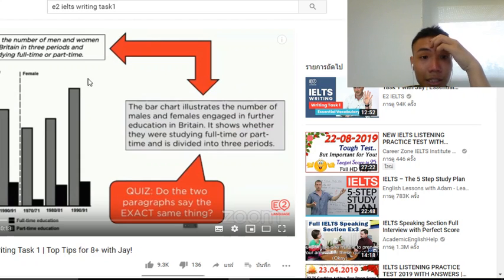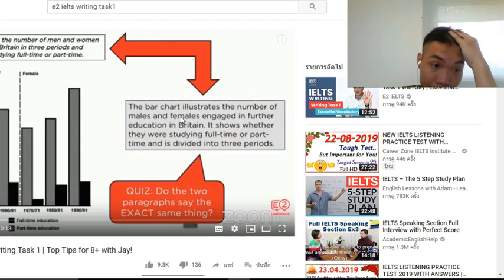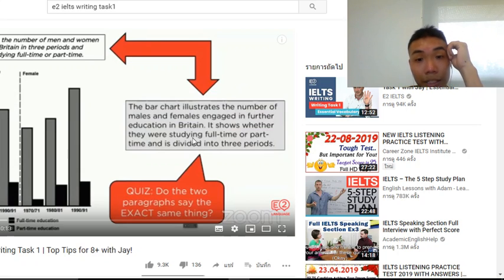He changed men and women to male and females to make some synonyms. Engage in further education in Britain is actually the same structure. So whether they study full-time or part-time is divided into three periods. Anyway,